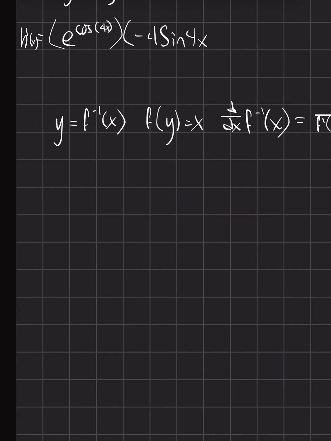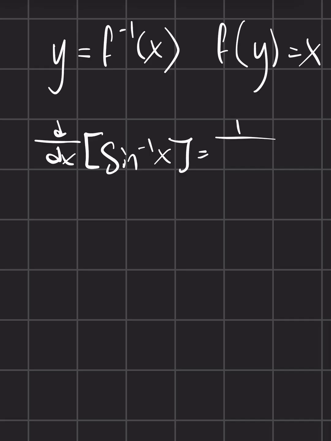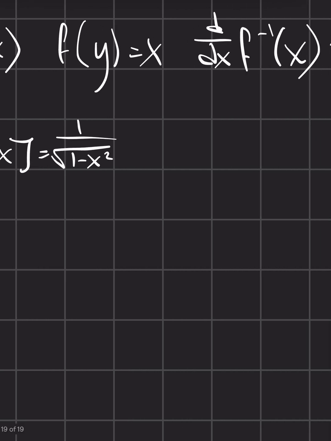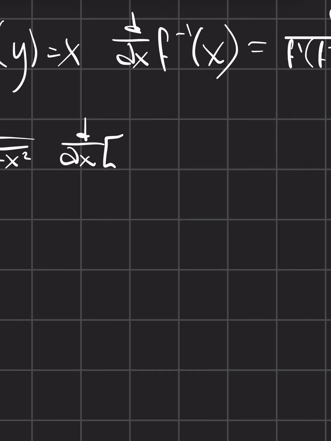And then you have a couple more rules for the inverse trig functions. The derivative of the inverse of sine is going to be equal to 1 over root 1 minus x squared. And then the derivative of the inverse of cosine